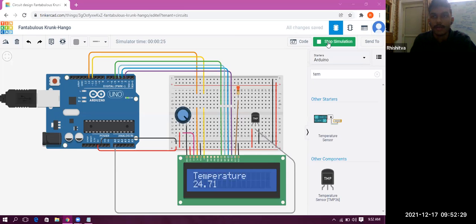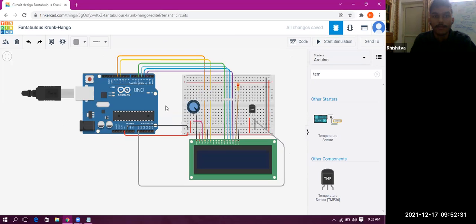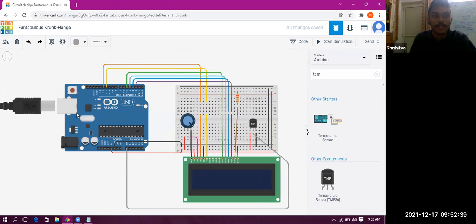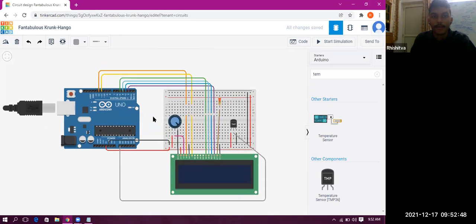CPD is no longer shared. When I close the class, or close this Tinkercad, then I think you will be able to log in, because too many students are logging in right now. So you can try it in the evening also. It is not that you have to log in right now. Might be that.